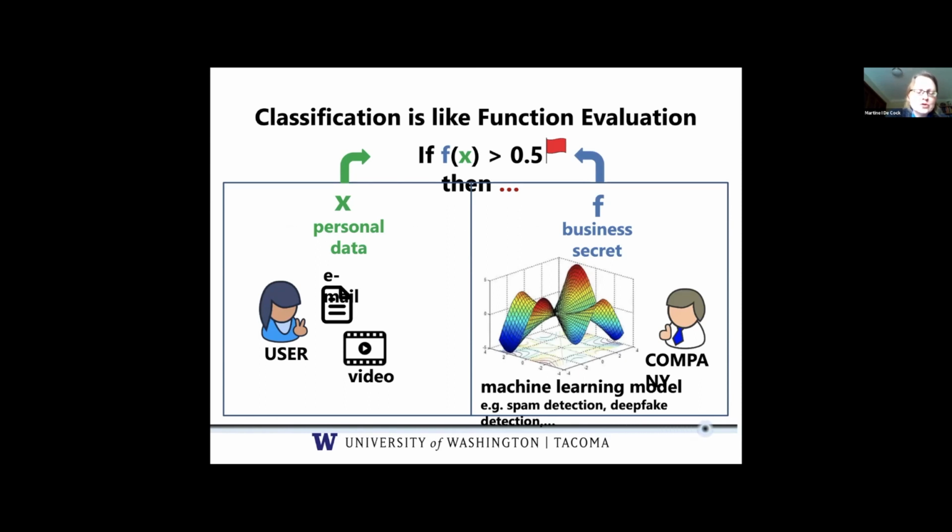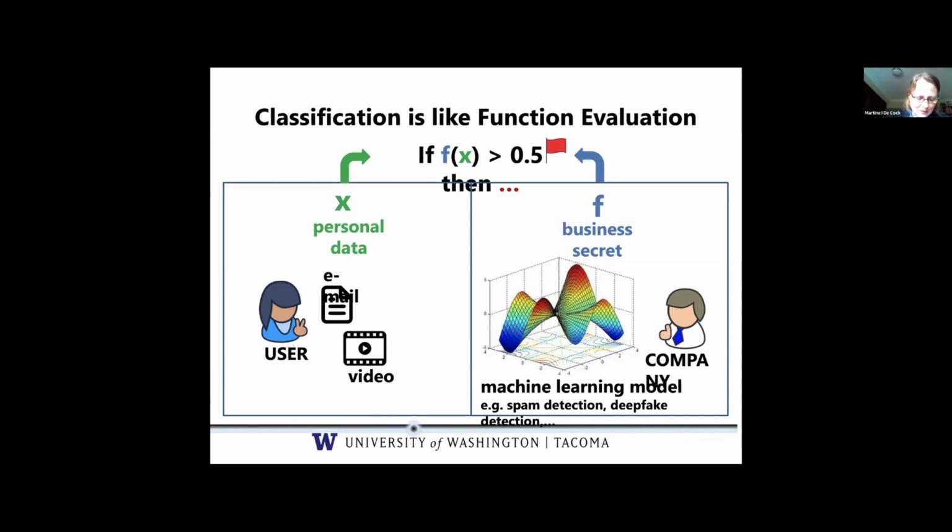For this, first, your email will be converted into a list of numbers called X here, your personal data. And the machine learning model is something you can think of as some complicated mathematical function f. And the system will compute f of x. So the system will evaluate f in the point x and compare it with the threshold. And if f of x exceeds the threshold, say 0.5, a red flag is raised,